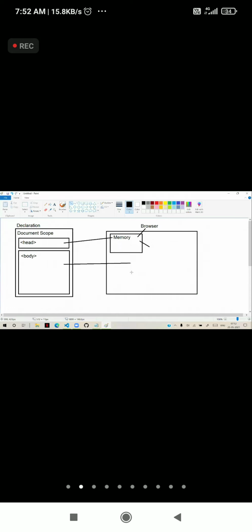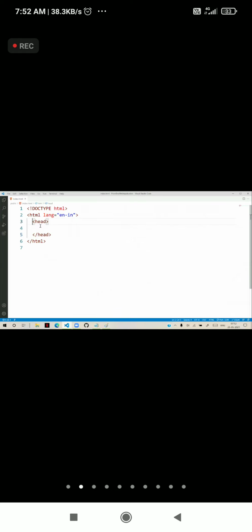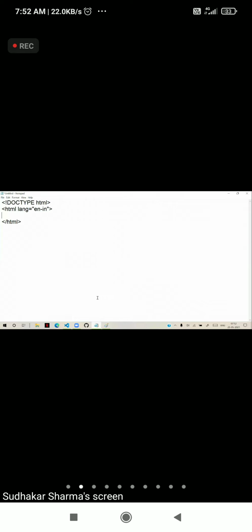So generally, the head section's intention is to load into memory. Don't think that head section means top margin. Header is different, head section is different. Inside the head section, again, we have several things.